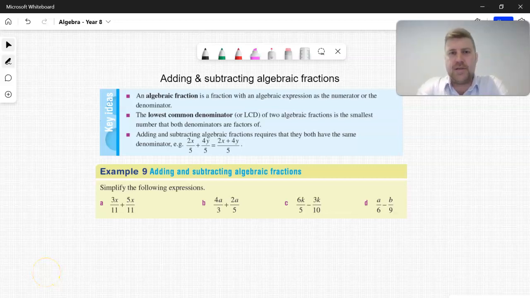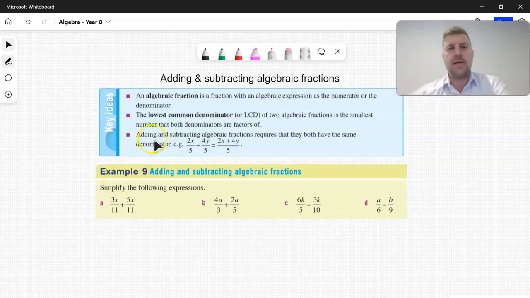In today's tutorial video, I'm going to show you how to add and subtract algebraic fractions. An algebraic fraction is basically just a fraction, but there is an algebraic expression or term in the numerator or the denominator. Now, some of these next two dot points are similar to when we're adding and subtracting fractions that aren't